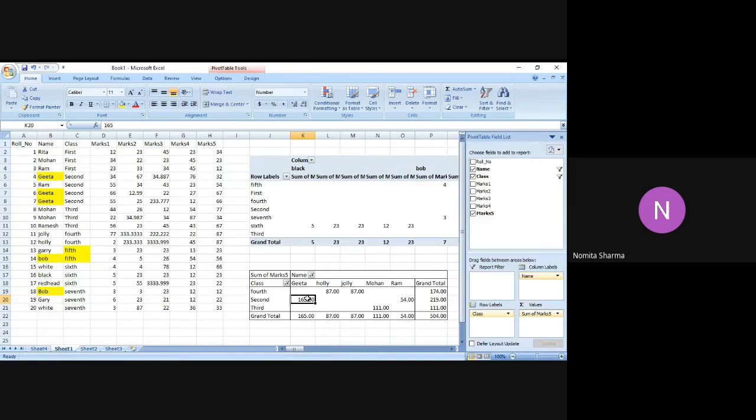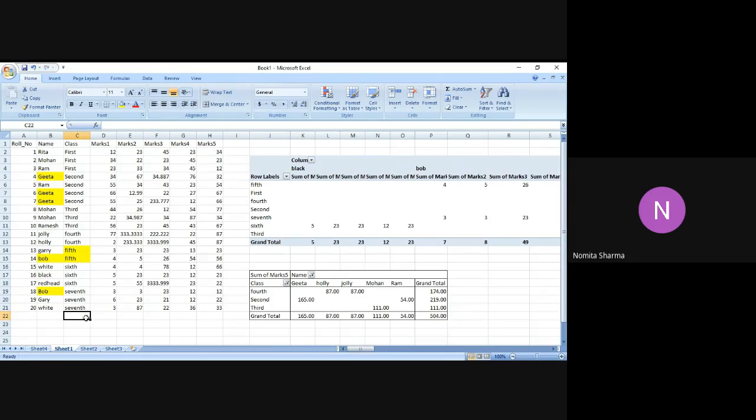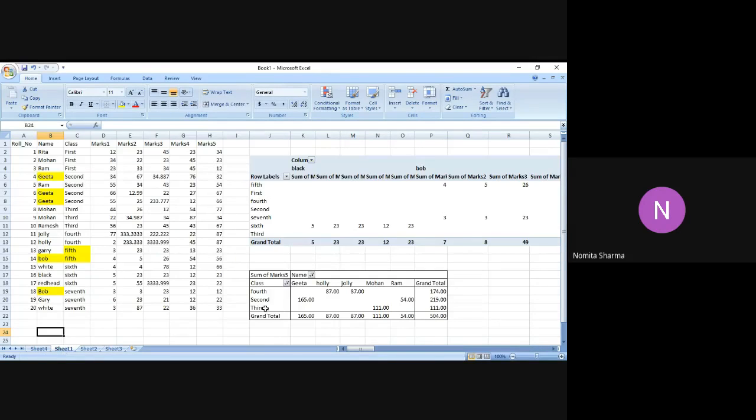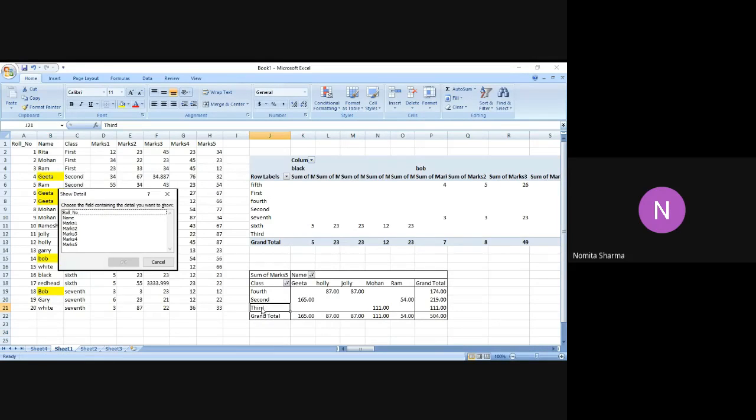So the point which I was trying to tell you is that if you click on any particular value in the pivot table, please remember this particular table will not appear if you click on any other cell which is not your pivot table, like if you click on this main master table also, then that sheet will not appear. If you click on any blank column or blank cell in the master sheet, it won't appear. That new table will only appear when we click on any value that we have over here. So it will actually allow me to show the detail.